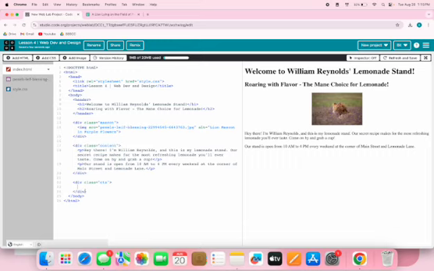So let's go to line 23 and make a button. So less than, button, greater than, order now. Close the button. And there it is. So we're done with our main page. We're going to work on the order now page, and then we will move to